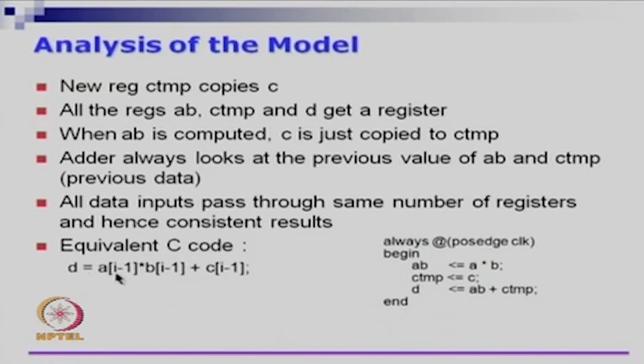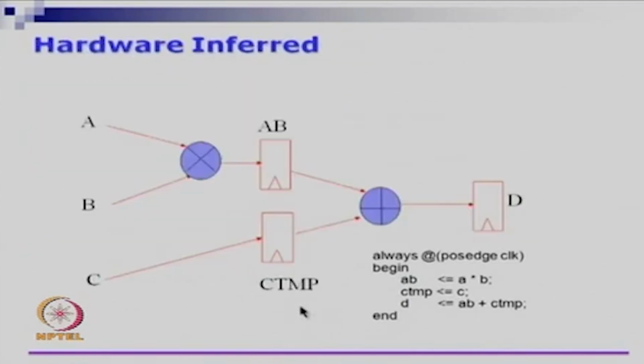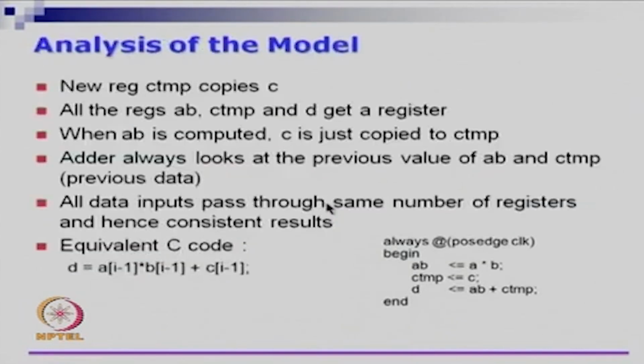So, the equivalent thing that we have is, if I give inputs I, it is going to take 2 cycles, or a latency of 2 cycles, to come to the output. The D output that you are going to see here is actually looking at AB of I minus 1 plus C temp of I minus 1, which is equivalent to C of I minus 1. So, the equivalent code in software would be D is A of I minus 1 times B of I minus 1 plus C of I minus 1,